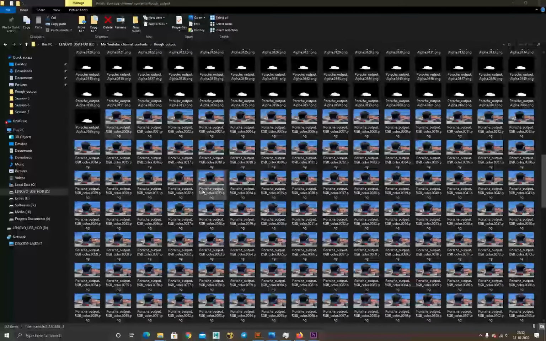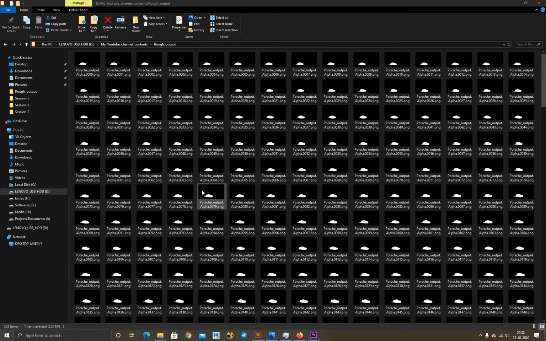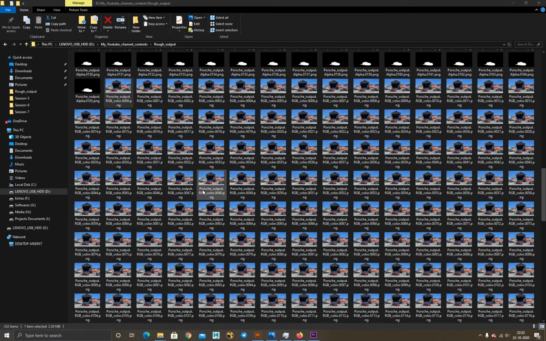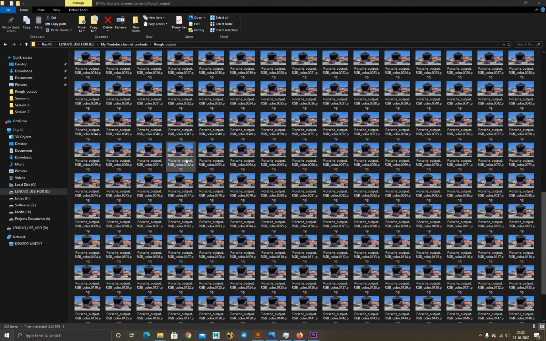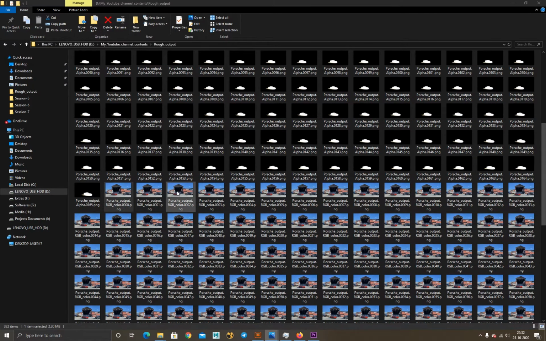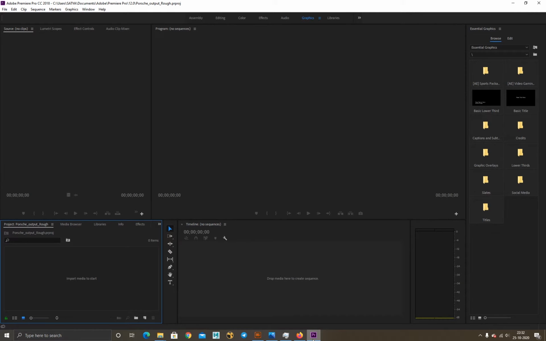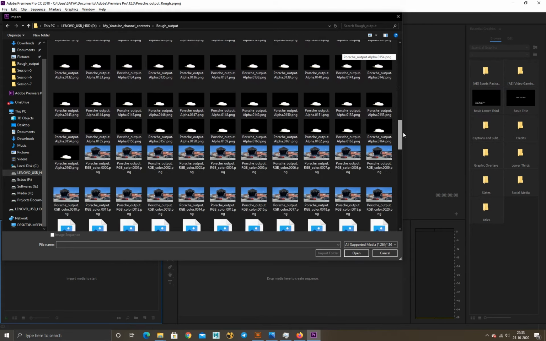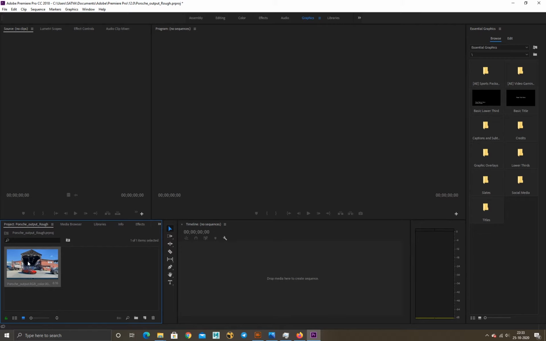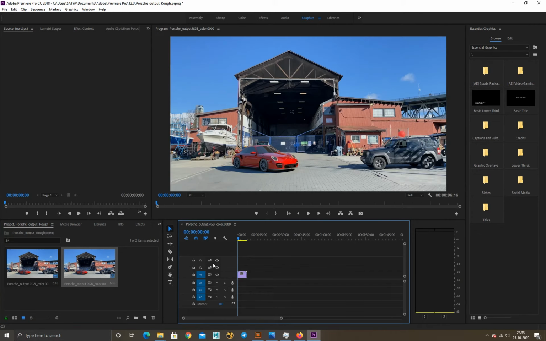After your renders are complete, you can view the render outputs in the folder you specified like this, which may come with the alpha outputs too. For the time being, we are going to see a rough output of our tracked video without any color correction. So we'll simply put this sequence in any video editing software, in my case, Premiere Pro. Import the sequence by going to the specified folder and drag it to the timeline and just play to see the output and get a sensation of completion.